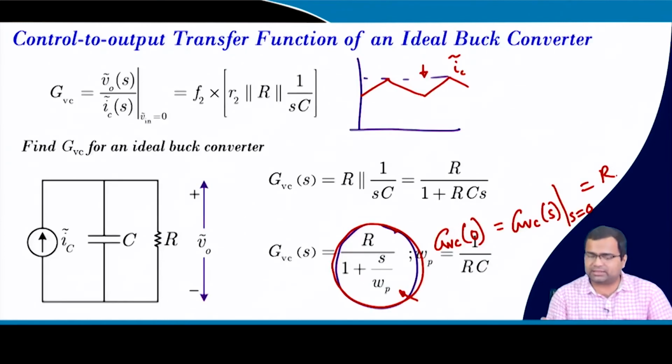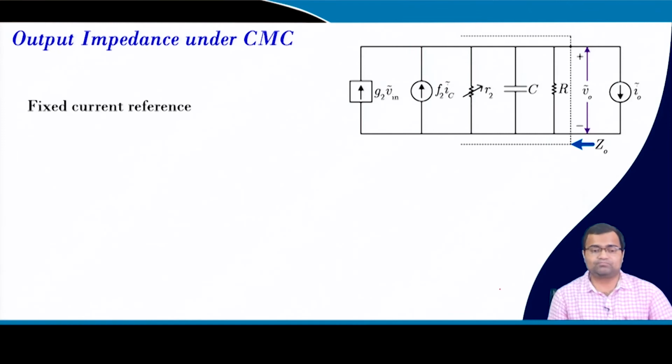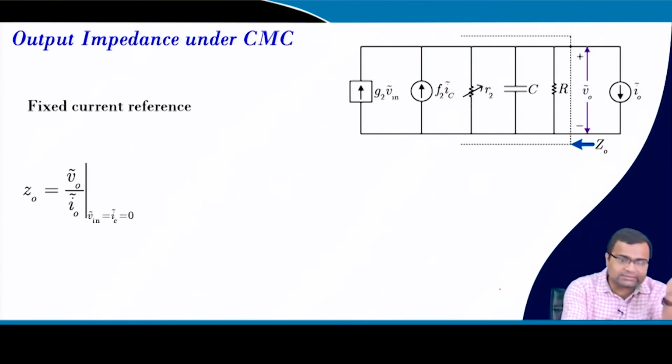Okay, so the pole is 1 by RC here. This omega p is 1 by RC. Okay. So, output impedance, if we consider output impedance, we know the output impedance is, actually there should be a